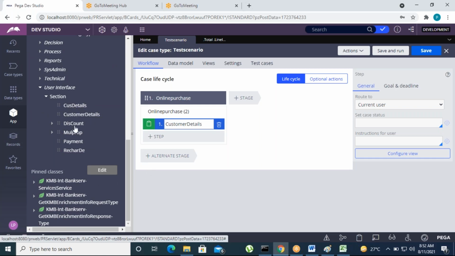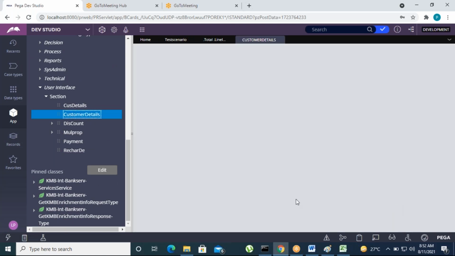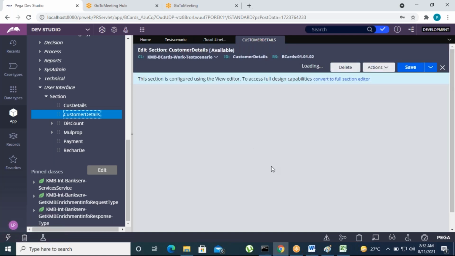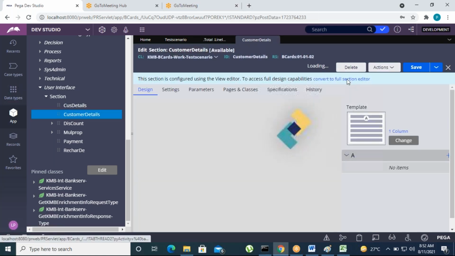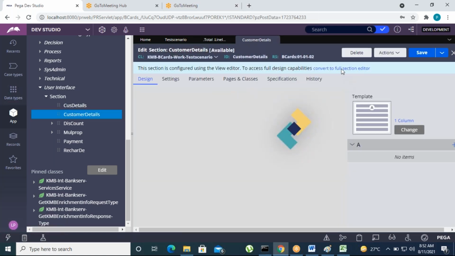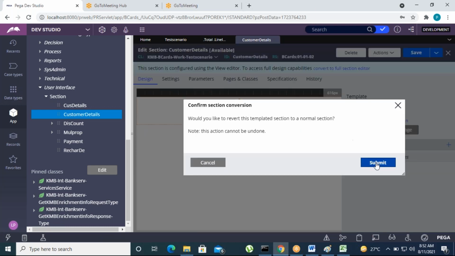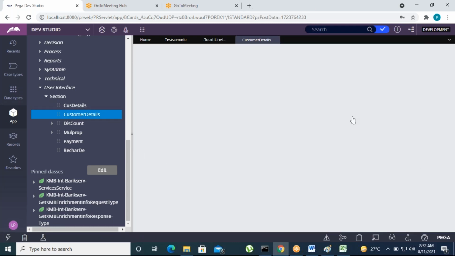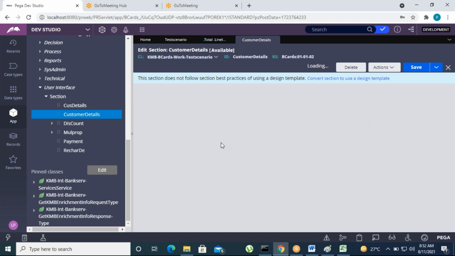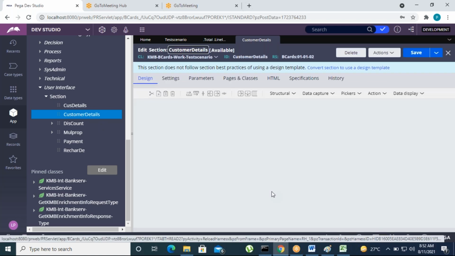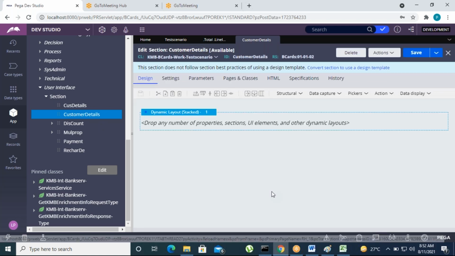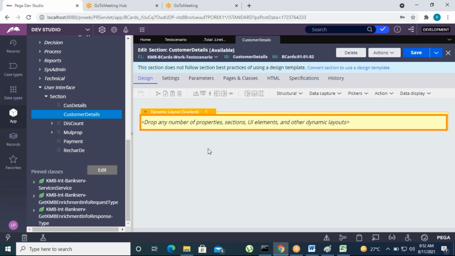Customer details section is created, correct? Let's open the customer details section and display it in editable mode. So I'm going to refer the list type property, not the single property. So we have some list of layouts, right? We covered this already in the project also. Right? So when you are going to do that, we can select the tabular layout, drag and drop the tabular layouts here.